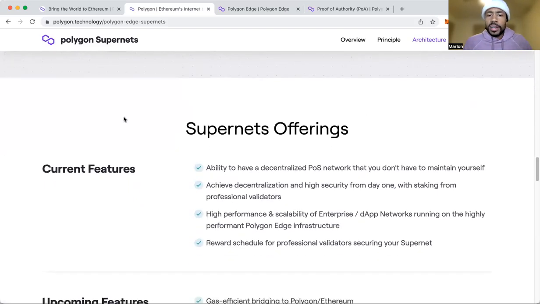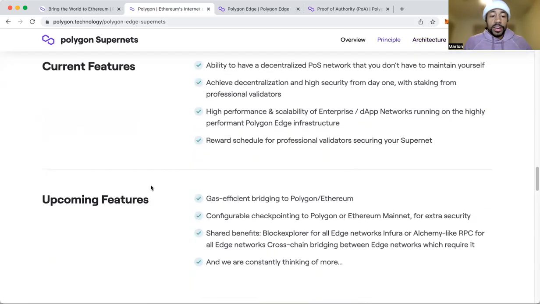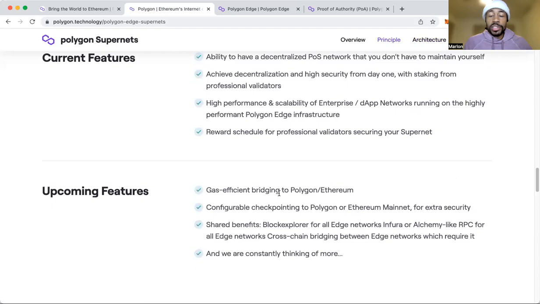Supernet offerings: the ability to have a decentralized proof of stake network that you don't have to maintain yourself. Remember, that was the key part. Achieve decentralization and high security from day one with staking from professional validators, high performance, and a reward schedule for the validators. Upcoming features: gas efficient bridging to Polygon/Ethereum, configurable checkpointing to Polygon or Ethereum mainnets, and shared benefits with Block Explorer for